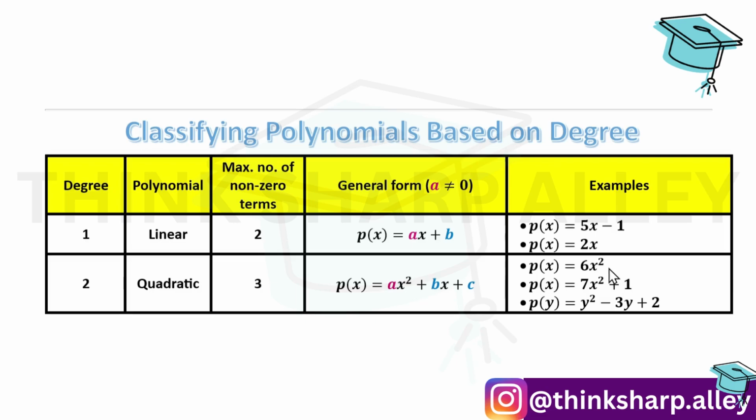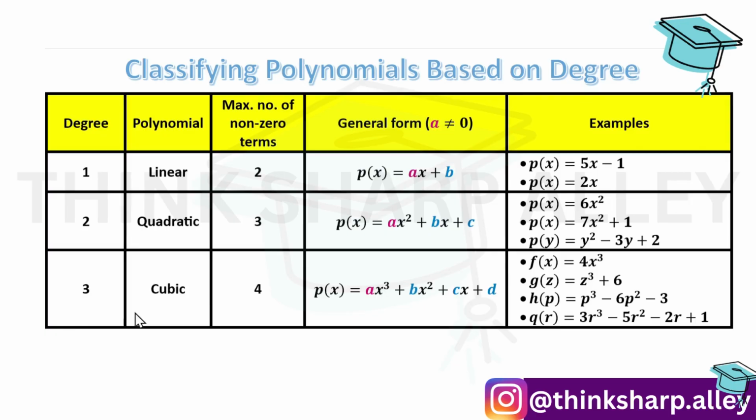So you can see the leading term's coefficient is always present. Like in this example, the values of b and c are both 0. For example, in the second one, there is no x term present, right? No linear term present in the second example, which means the value of b is 0. 7x squared plus 0x plus 1, right? And the third example, where all three terms are present, we can have maximum 3 terms. More than that is not possible.